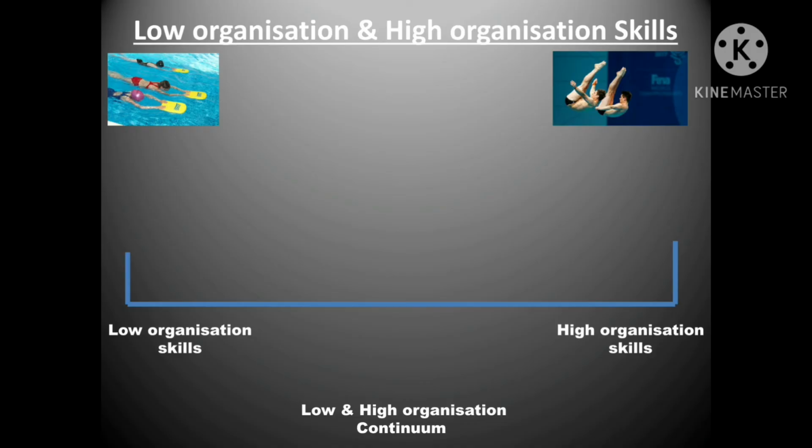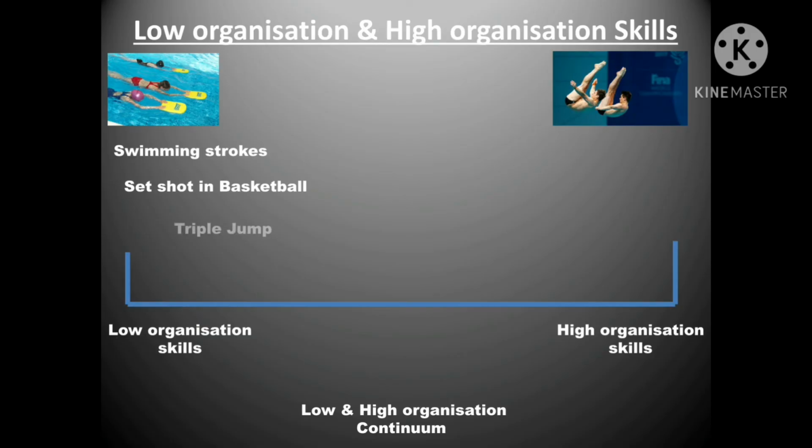So we've got swimming as a low organisation skill because you can isolate different body parts and practice one part in isolation. You can practice one arm in isolation by holding a float. You've got a set shot in basketball where you can practice different subroutines. So you could practice the one arm action, you could practice two arm action, you could do it from no knees bent, you could add the knee bend in,